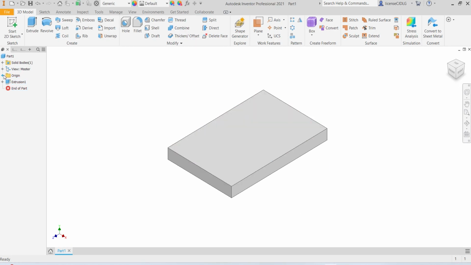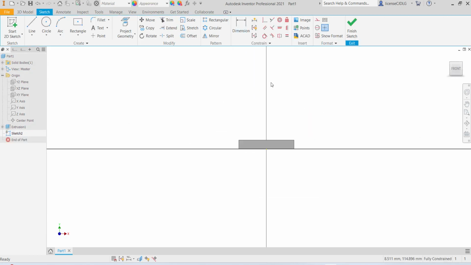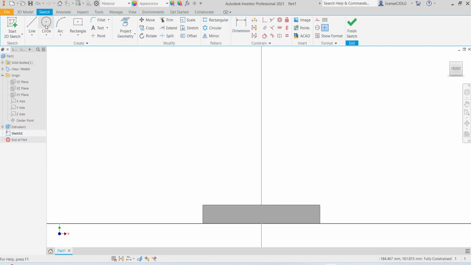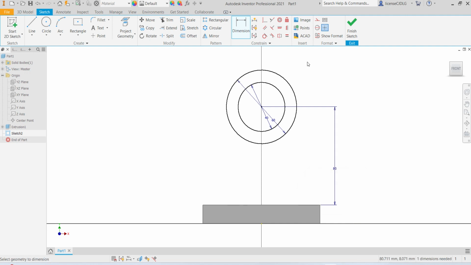For that, select plane, sketch, select the circle, give the dimension 60, give the dimension 40, give the dimension from base to pipe center 80, give the vertical constraint,